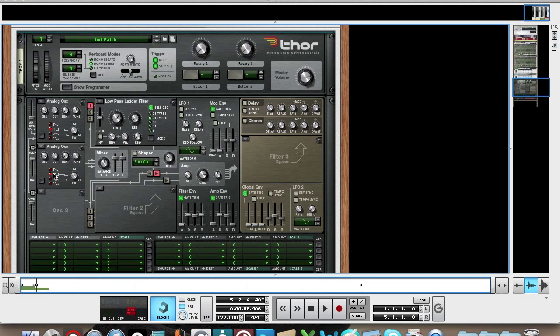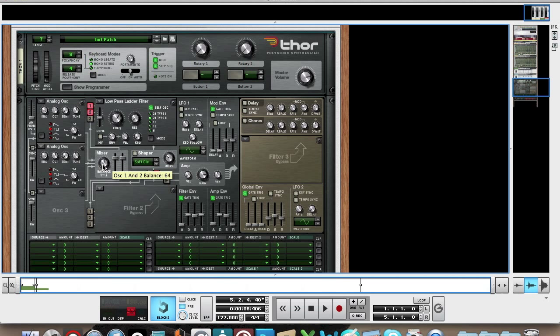For oscillator 2, also going to be square, sorry. We're going to put the pulse width up to 64 again, and this time we're going to bring the tune down to -3 to give a bit of width between the 2 oscillators, and we're going to put the octave up to 5. So if you go and turn number 2 on there so it routes it to the filter, and then in